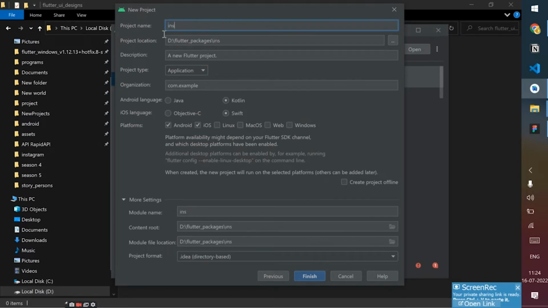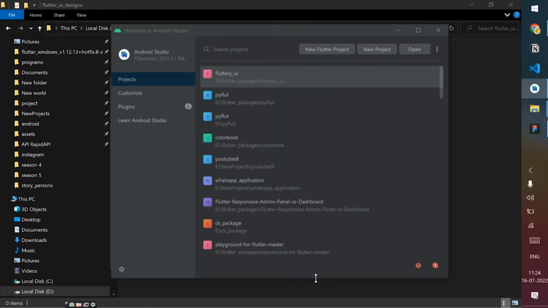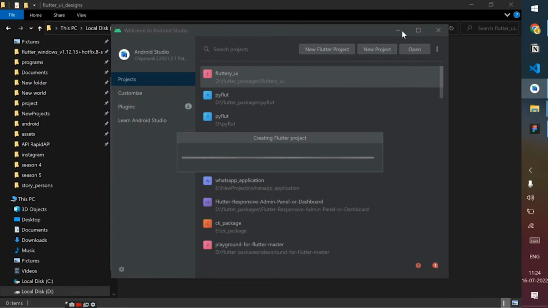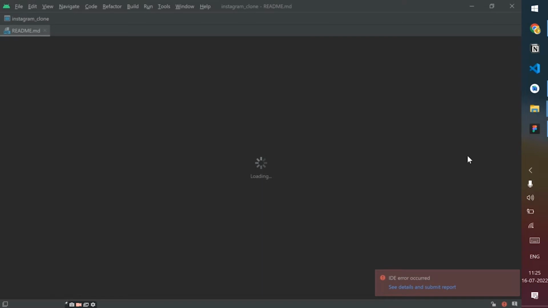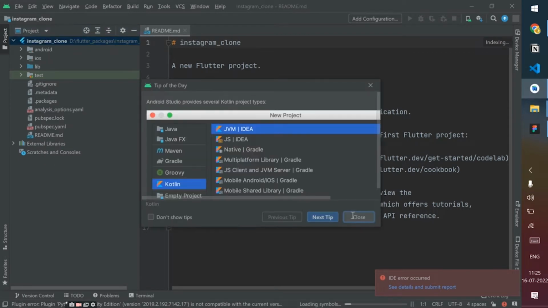Now here I'm going to name it as Instagram clone. Perfect. Now what we are going to do, that the platform is Android and iOS only. Okay, and that's it. Now let's hit finish. Now it will automatically create a Flutter project for me, and let's speed this up. So as you can see, our project is successfully created, and